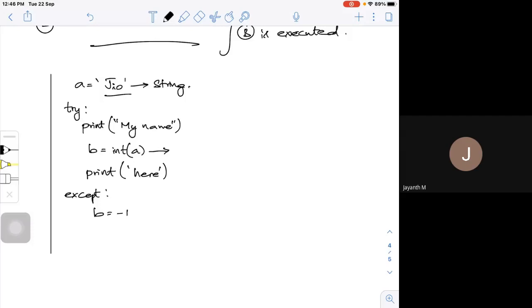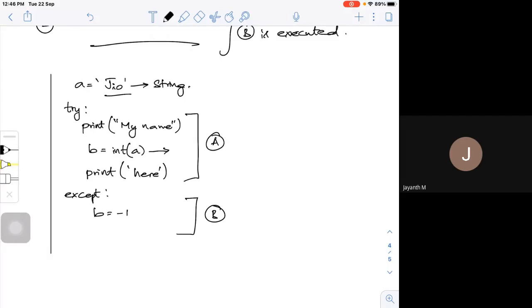So this is my first part of the code. This is my second part of that. We call this as A, this as C. So I'm trying to define A is equal to some geo, some string I have defined. It is not an integer, it is not a number.